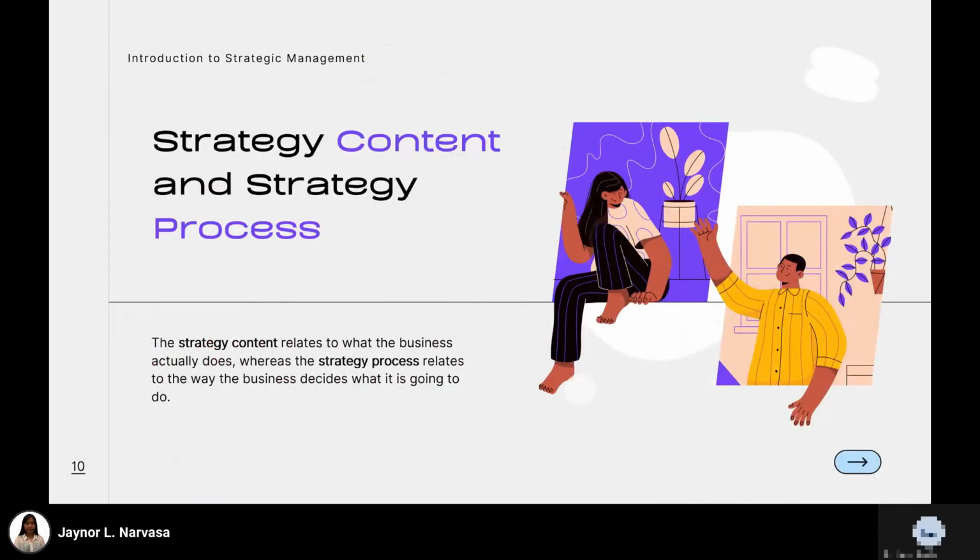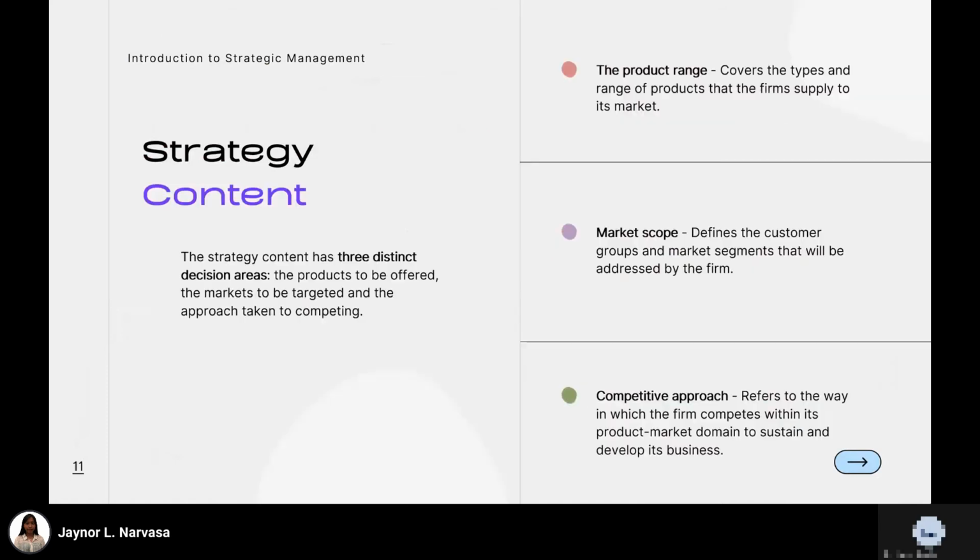Strategy content and strategy process. The strategy content relates to what the business actually does, whereas the strategy process relates to the way the business decides what it is going to do. The strategy content has three distinct decision areas: the products to be offered, the markets to be targeted, and the